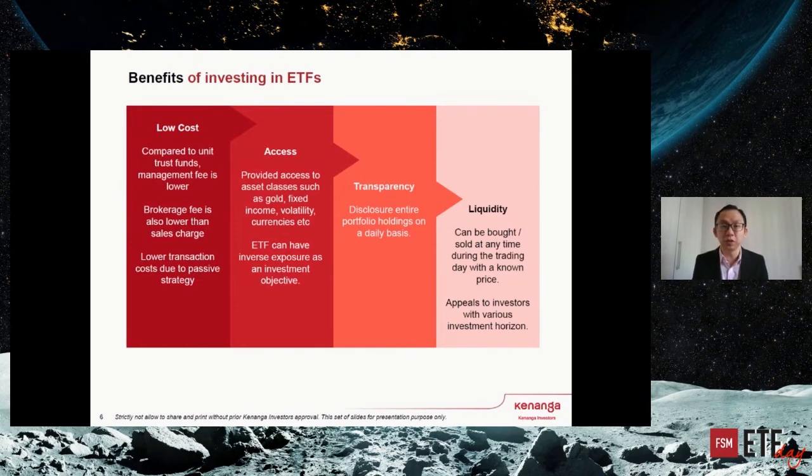But when you really want to do it, like what Choo has just shared, we can always have a market maker to help give the bid and offer on both sides. And also, when you are big enough, or an investor with a bigger amount, you can go straight to the issuer or participating dealer to do a creation or redemption.